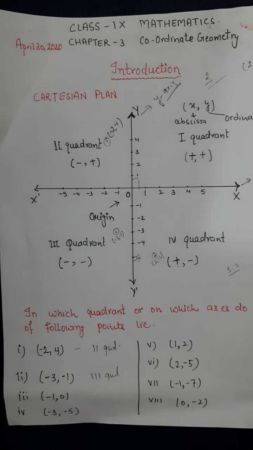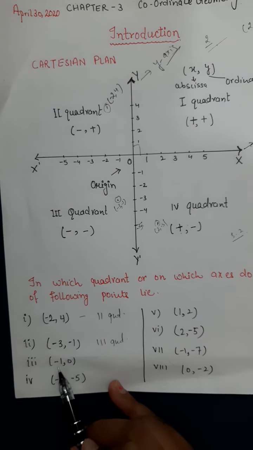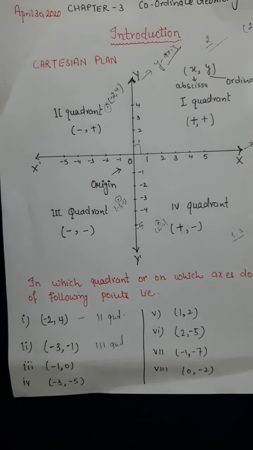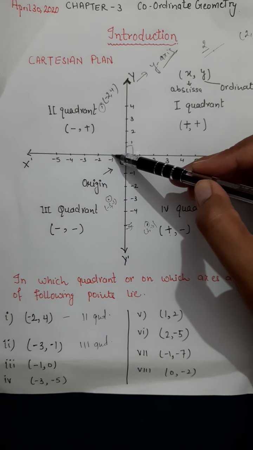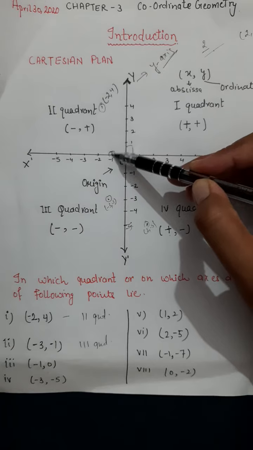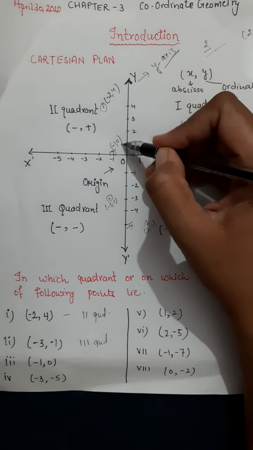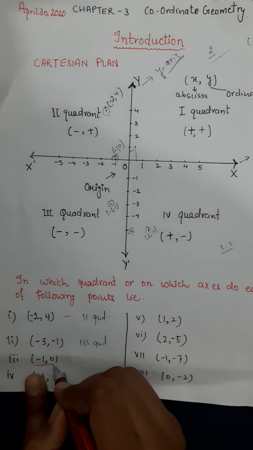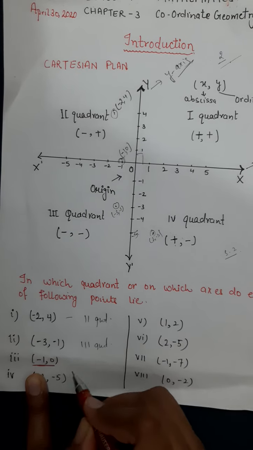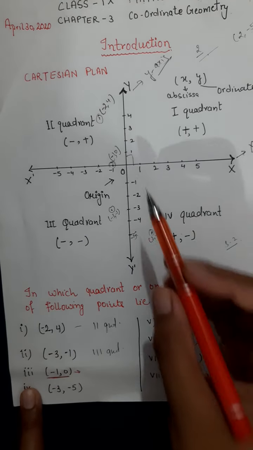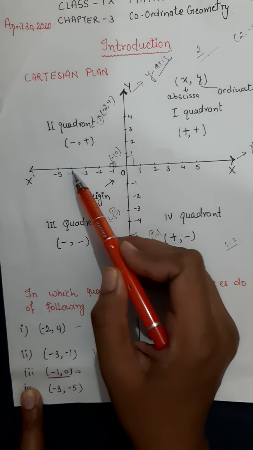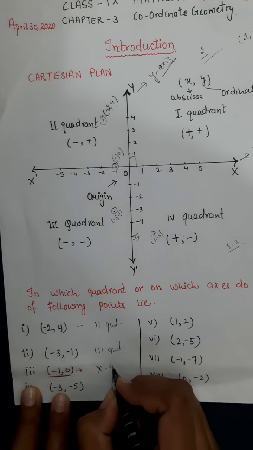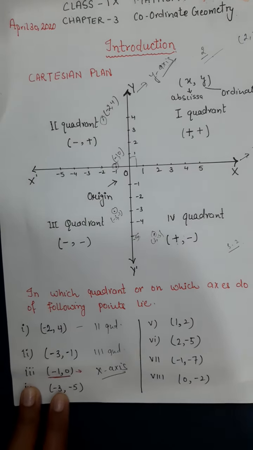I hope you understand this point, -1 and 0. This is very important to check, -1 and 0. If I tell you x is -1, this is it, and y's value is 0. So this point is -1, 0. This type of point, you highlight that these do not lie on any of the quadrants, they lie on the positive or negative direction of the x-axis. You can simply write x-axis. They lie on the x-axis, right?